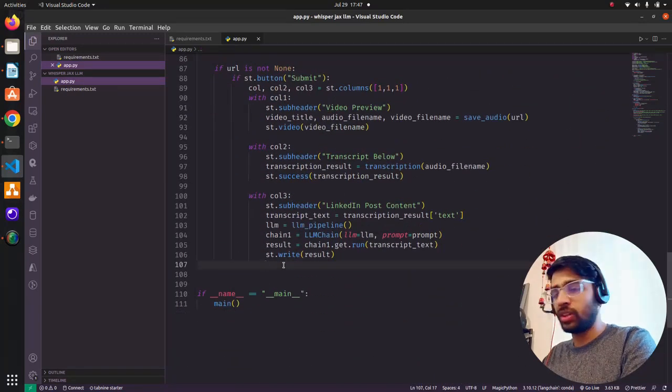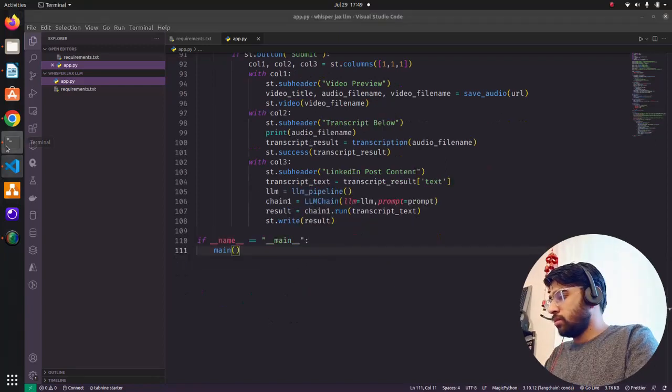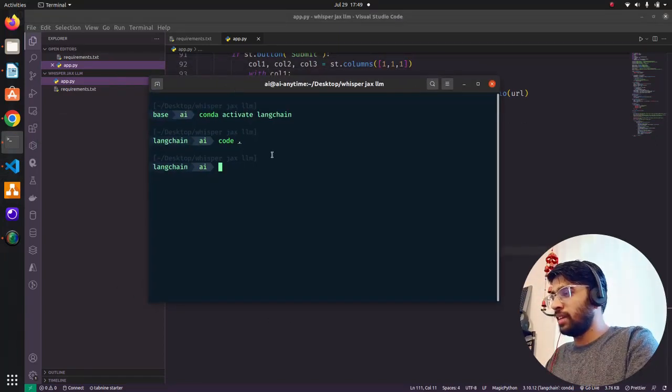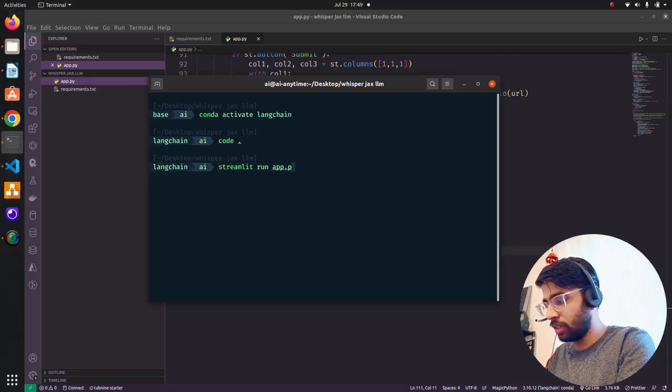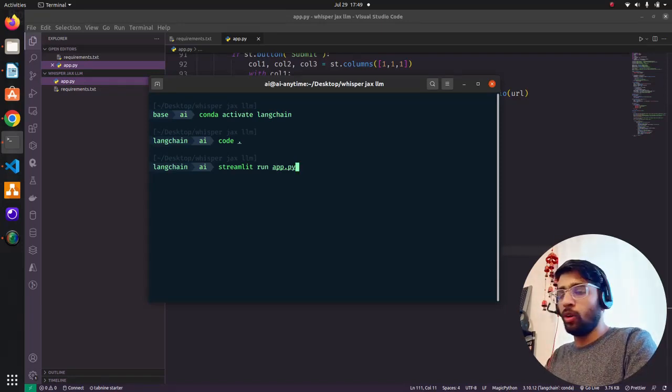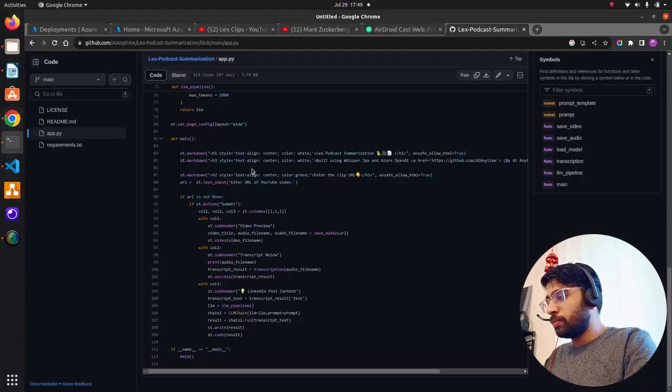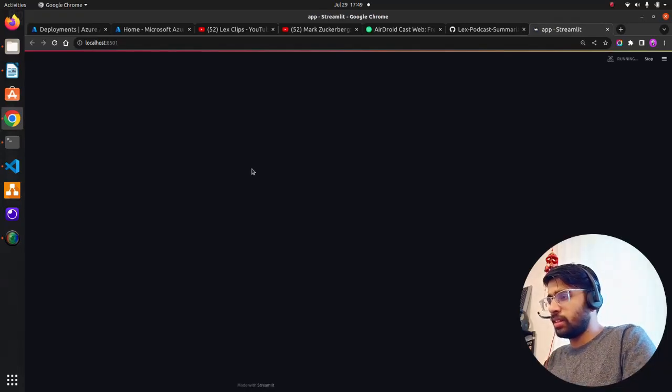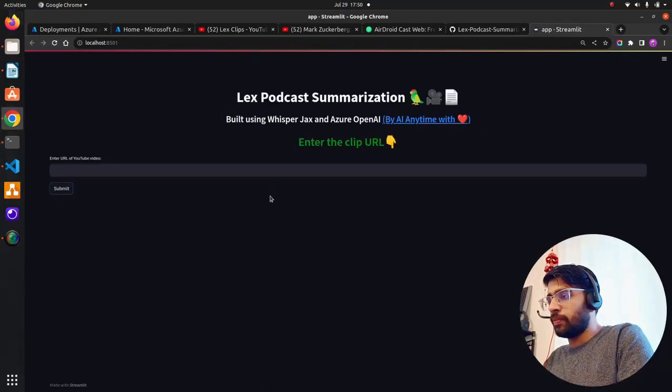Now what I'm going to do, let's run this and see what we get from this, guys. So let's open this terminal here, and in this terminal I'm gonna just do streamlit run app.py. That's how we run a Streamlit file, right? You can run this. It will automatically open a new tab in your default browser on port 8501. Okay, so let's run this and see what we get. Now once I run this, you can see it says